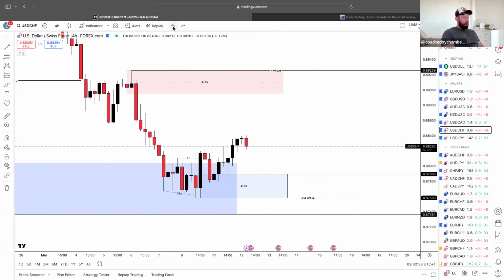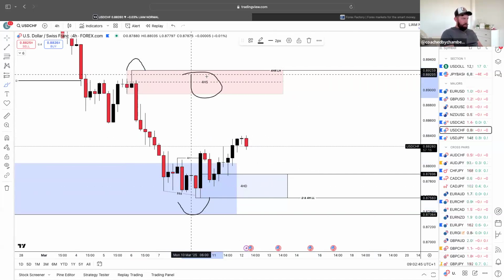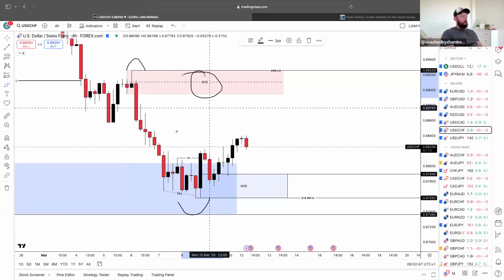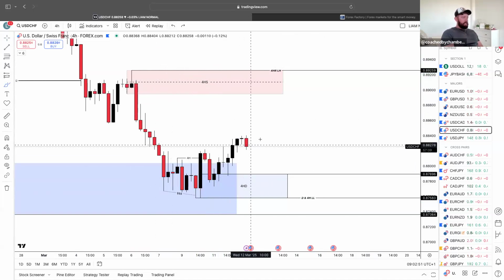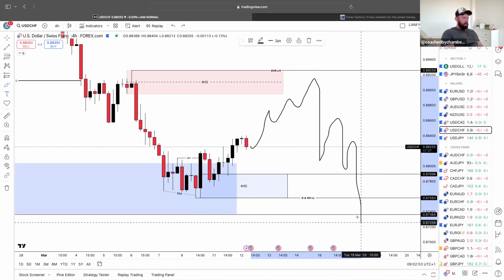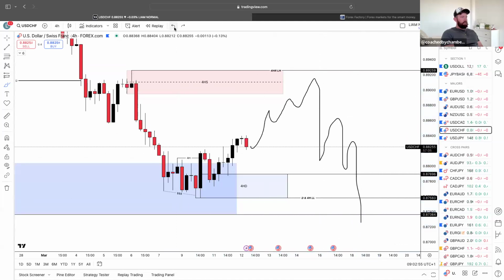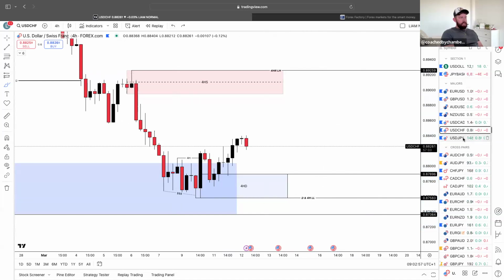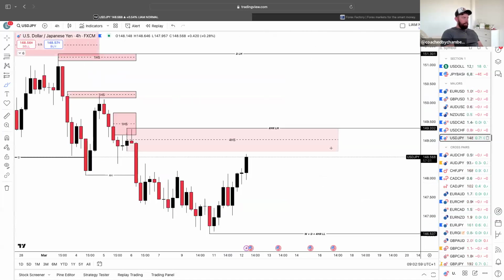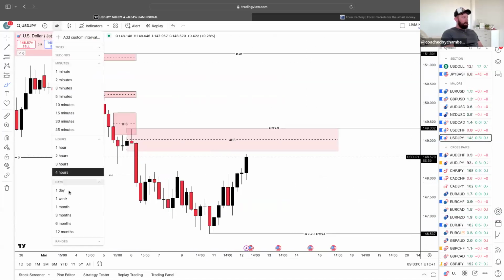But from a 4-hour standpoint, understand that this is a 4-hour lower high and this is a 4-hour lower low, and this area, pardon me, is a 4-hour supply area that we could potentially see the market retrace into and then carry on downwards from here. So just be aware of that for USD CHF. So that is pretty much all the majors. We're currently coming into this supply area for USD Japanese yen.